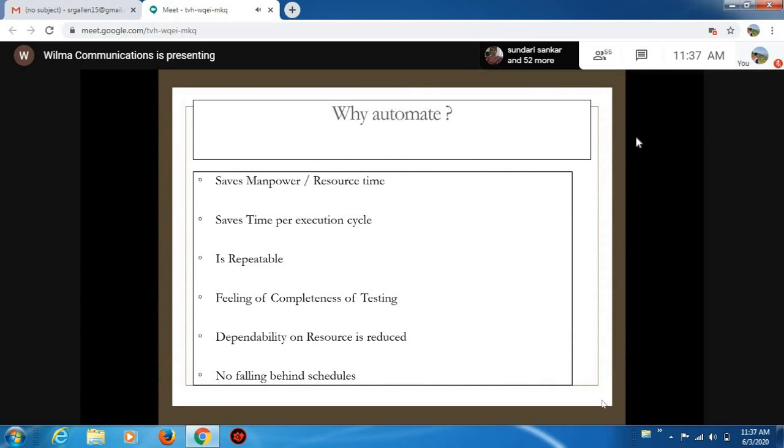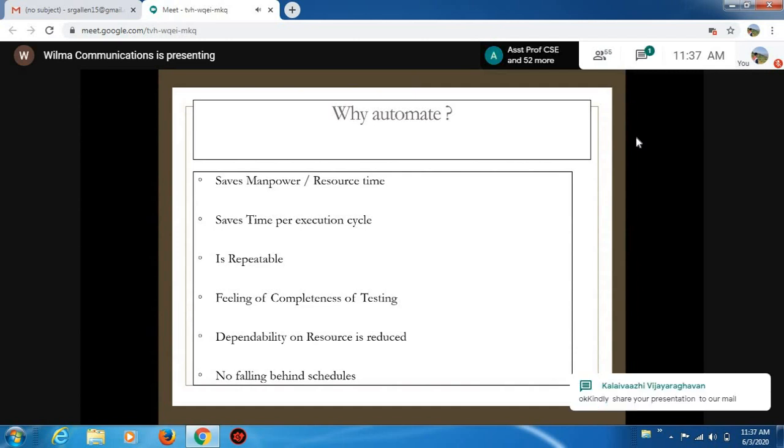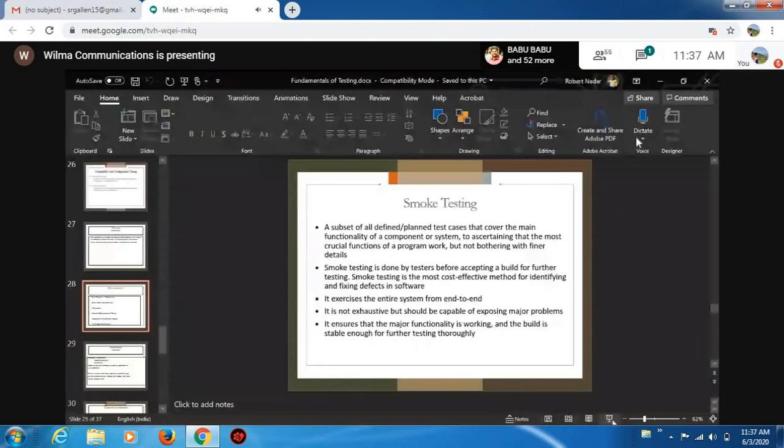If I try manually, there is a possibility that I can miss some things, and possibly some errors can be introduced. At the same time, if I use an automation tool to count the cash, it is easy for me to count it.